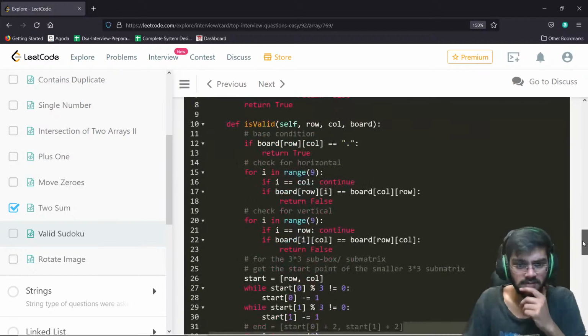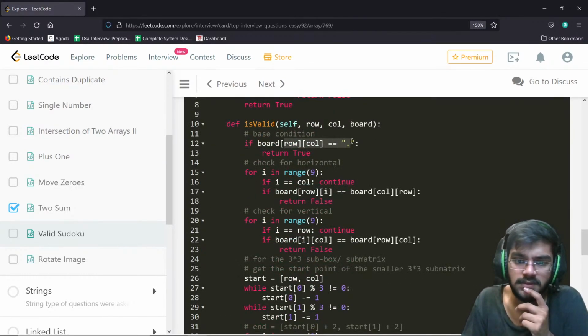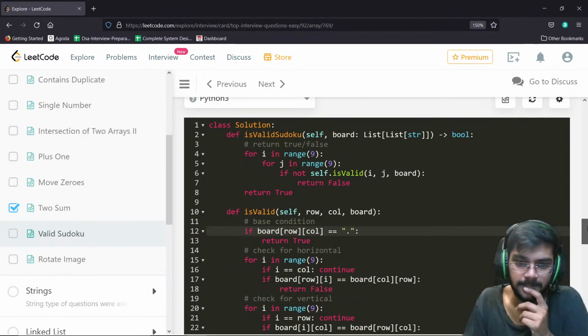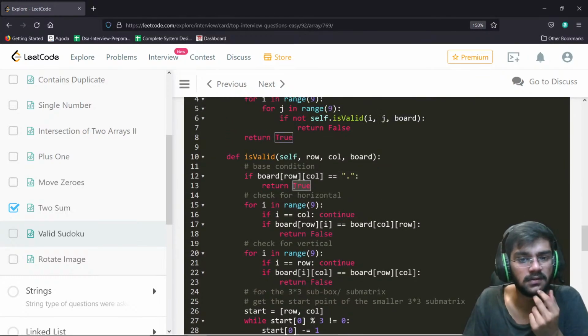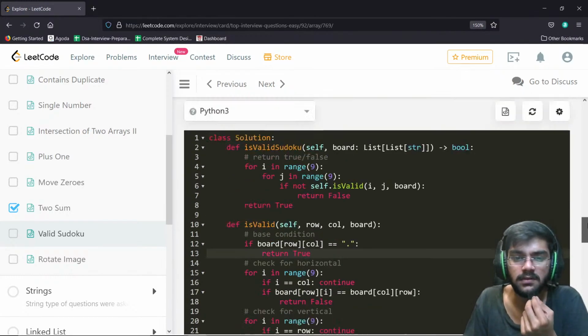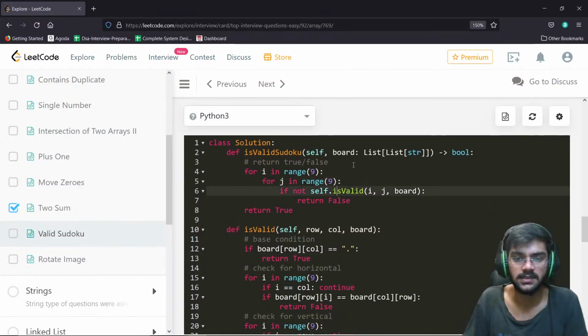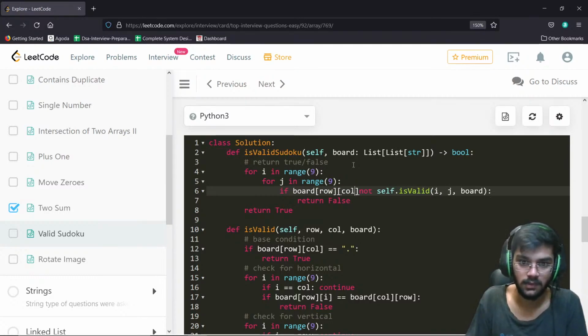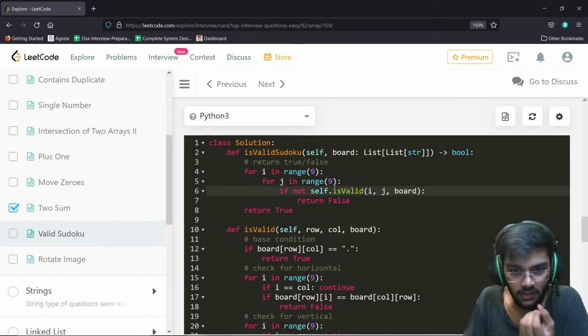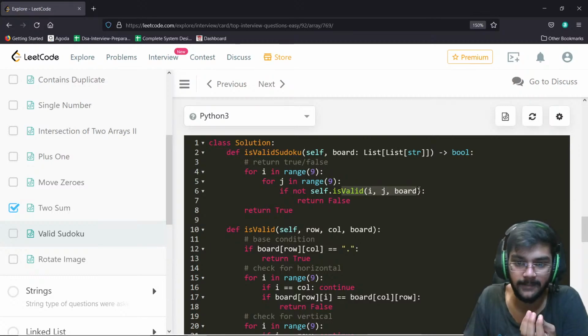What can I do here? Did I go wrong somewhere? Let's see. If board of row column is this thing, then return true. Okay. Is this wrong? I don't think so. I can even have something like this: if board of row column is not equivalent to this thing, no, I don't think so. This is a problem. No, if not this thing, then return false. If I get a false here,